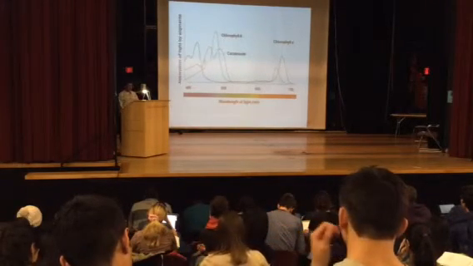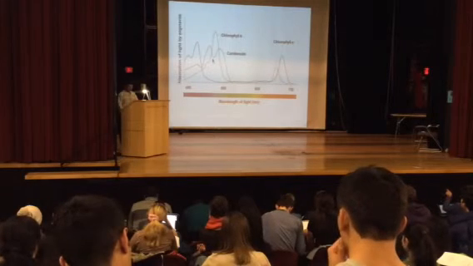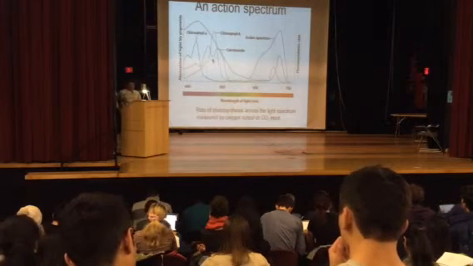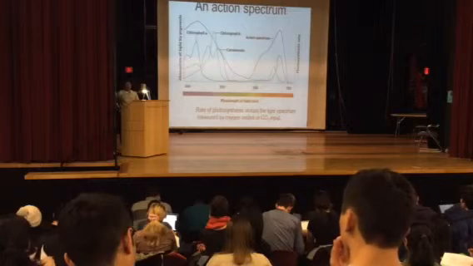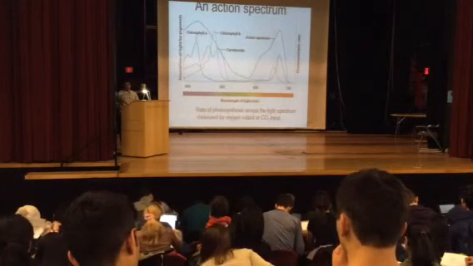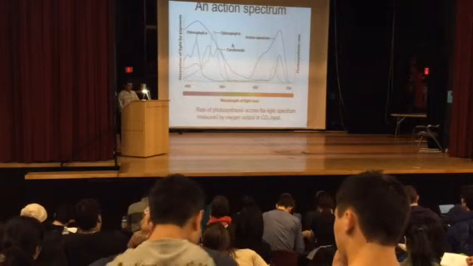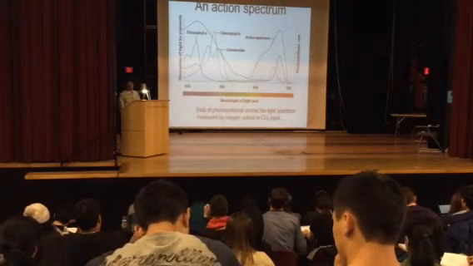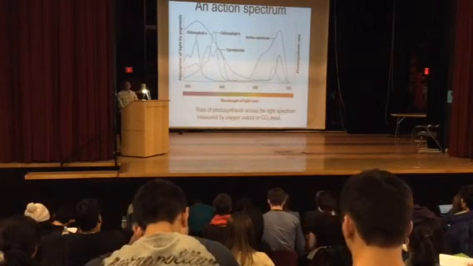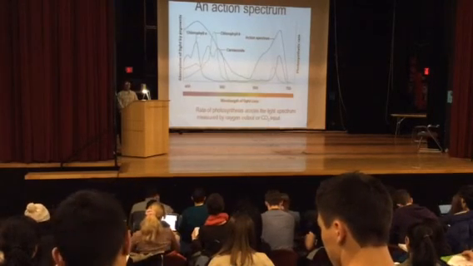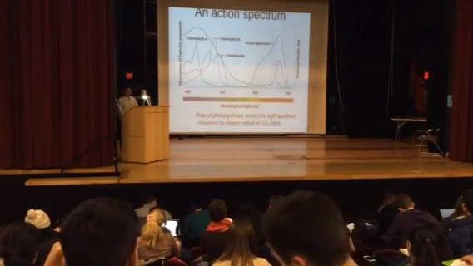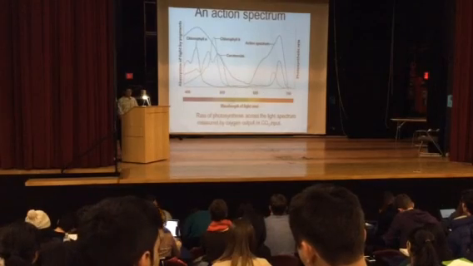Now plants have all of these pigments, and we're going to talk about why they have them all. Now here's the action spectrum of photosynthesis superimposed on the absorption spectra for these pigments. So the action spectrum is when you measure the rate of a process in response to the various wavelengths of light. So your independent variable is still the wavelength